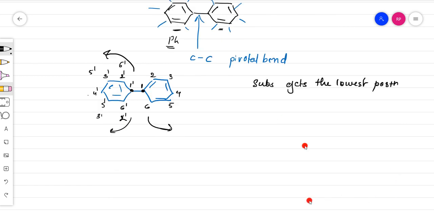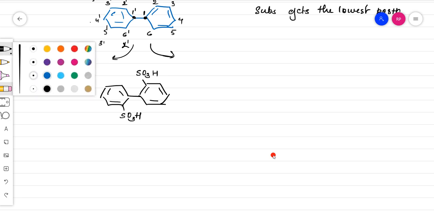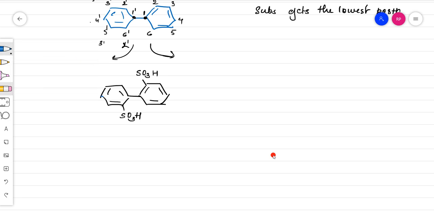Now, for example, you have a compound of biphenyl like this. In some books, the name is written as biphenyl, and in some books it's written as diphenyl. A lot of websites also, most of the time, write biphenyl. Somewhere diphenyl is written. You can write either. I'll go with biphenyl. So now let's say I want to number this ring.